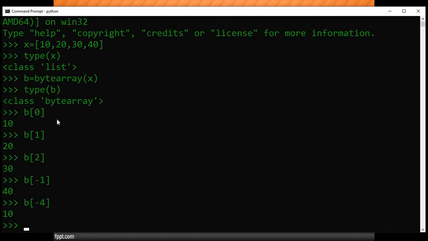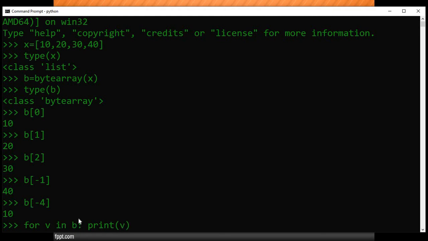If you want to access this byte array by using a for loop, yes, we can do that. Here I'm using a variable i. Don't worry about that, this i is a temporary variable. Instead of that, use v. So for v in b, print v. What is that v? v is a temporary variable.